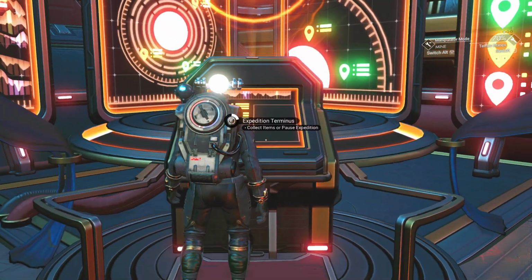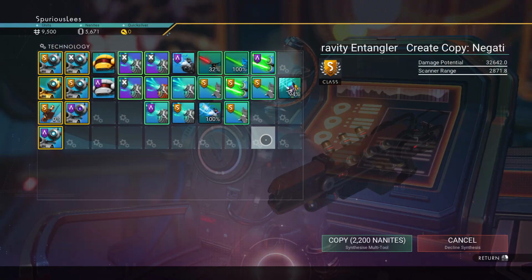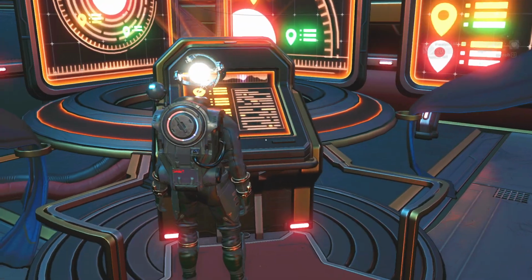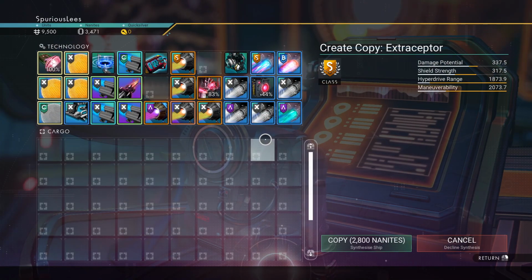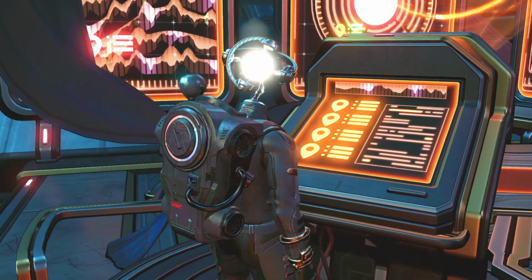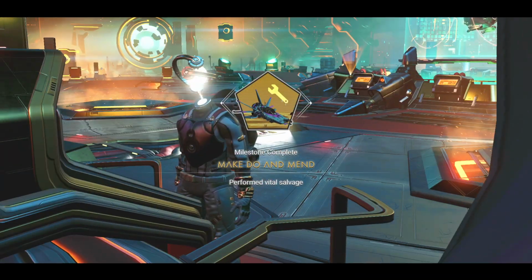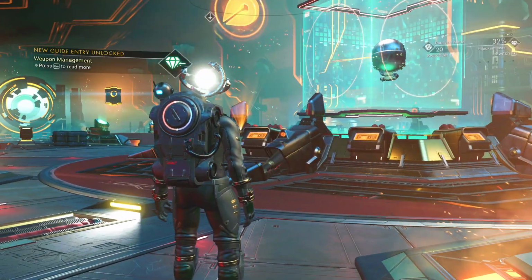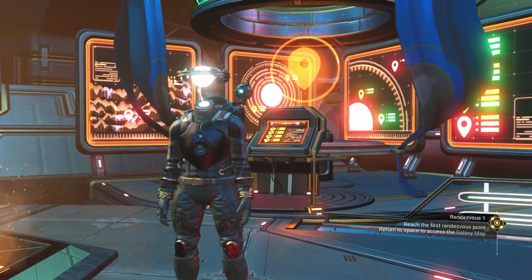Then second thing second, now that we have all them nanites, what we're going to do is go down here, create multi-tool, copy for 2200 nanites. Whoops, we stay in this terminus here, create starship. Copy for 2800 nanites, that's 5000 nanites you need to bring with you. All right, and that completes the make, do, and mend to repair the damaged stuff you start with. Well, we did that by replacing it. All right, so I'm going to collect the rest of my...